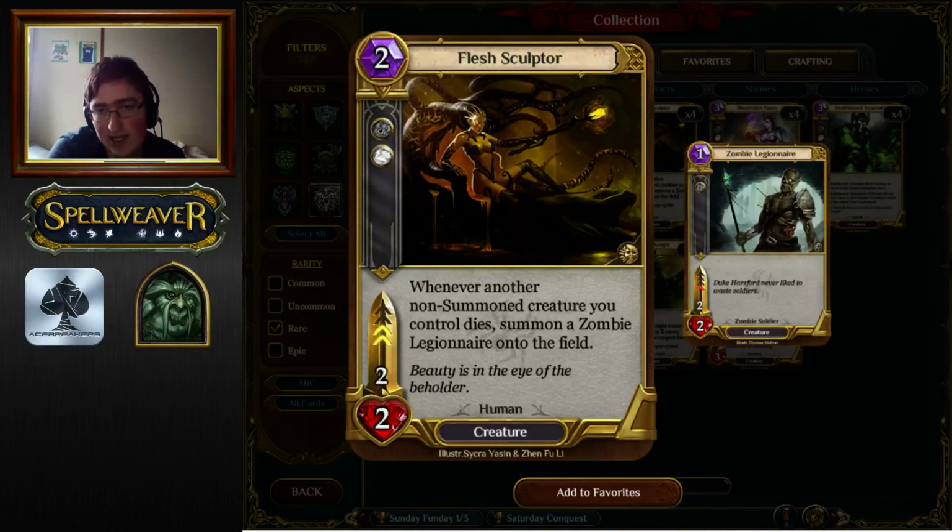That, and it will allow you to overwhelm your opponent with zombies and actually aggro them down, which you wouldn't think you could do very easily, but if you have a couple Flesh Sculptors, you definitely can. Just one Flesh Sculptor is good. This is one of those things where you see a Flesh Sculptor, it's pretty good, but it's not the best